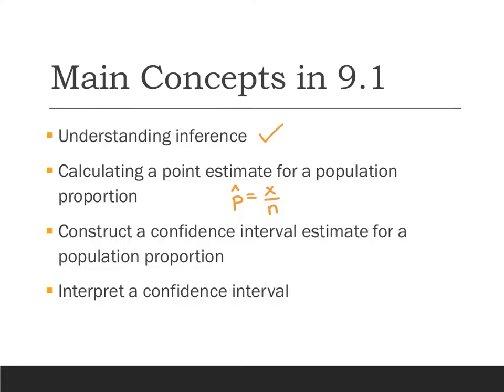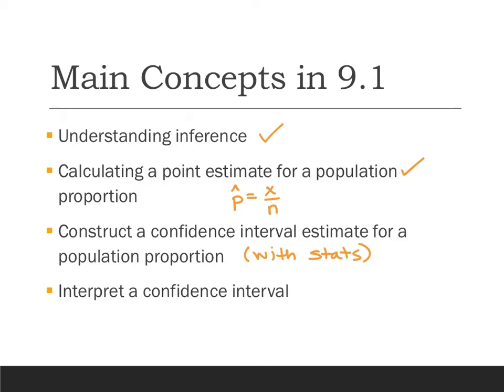All right, and then again, here are these concepts we've gone over. We understand inference, hopefully. We know how to calculate a point estimate for a population proportion. We can construct a confidence interval estimate. We've done that with data. Now we're going to do it with statistics. So what if I'm given p hat instead of the x and the n that I need to put in the calculator? And then we'll interpret the confidence interval as well as I answer a few questions and really understand